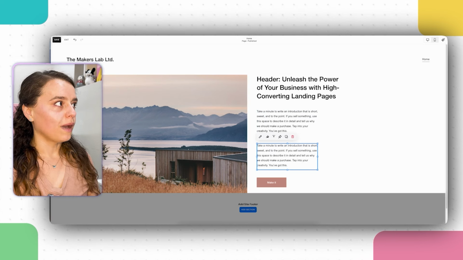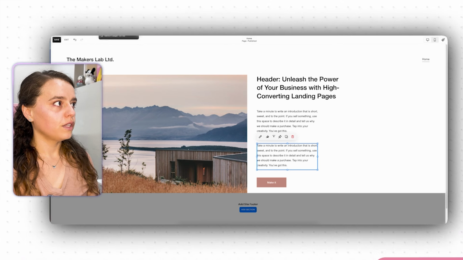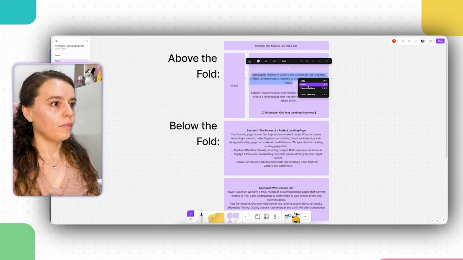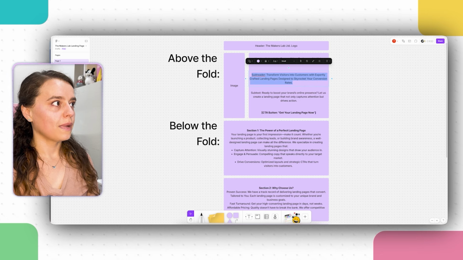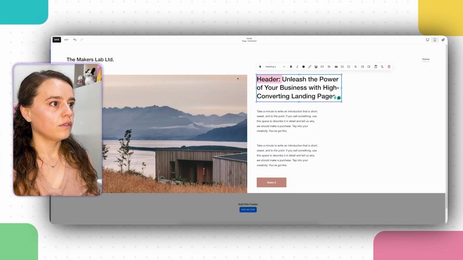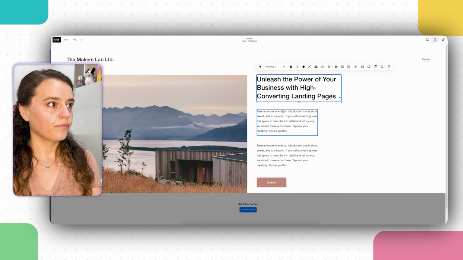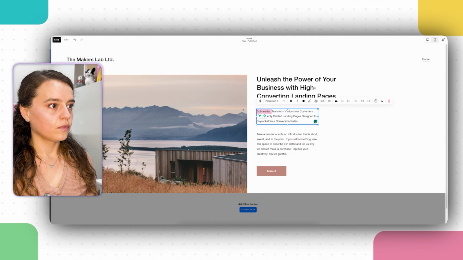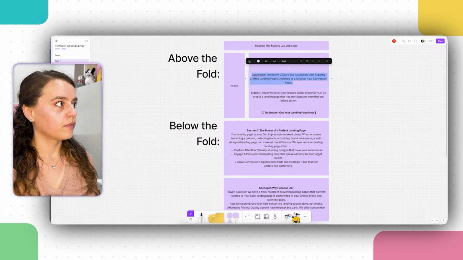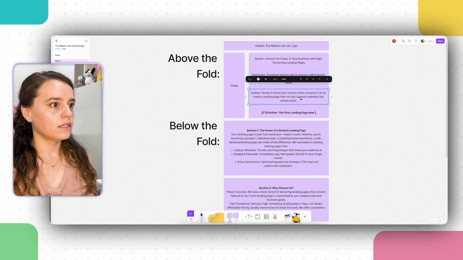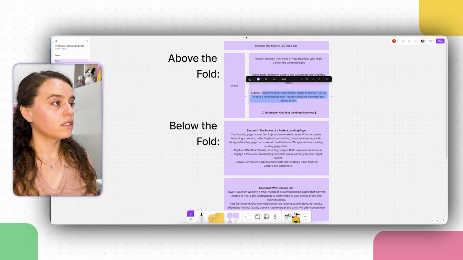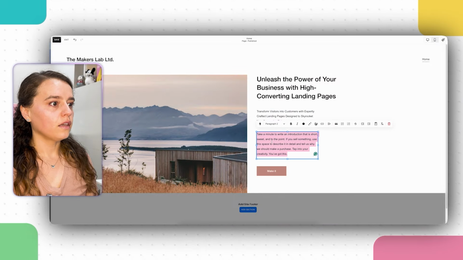So now I'm gonna go back to my other thing and copy my subheader. Oh, of course, delete header from there. Paste, delete, go back, copy our subtext. Maybe you can copy it without that so we don't have to delete it. And then